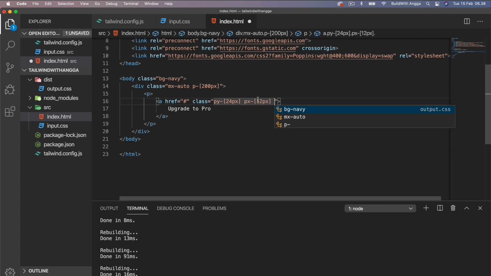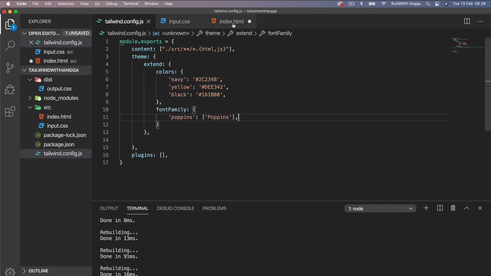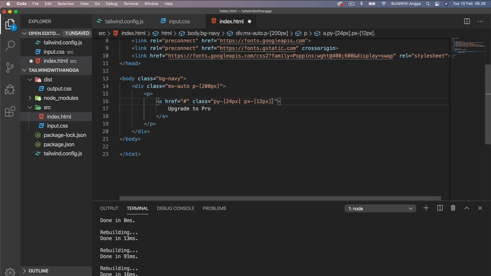Because we haven't configured this pixel or padding in the configuration, we are using an arbitrary value, but that's okay. So for the background, it's supposed to be background yellow, and we are using font weight maybe 600, like this.